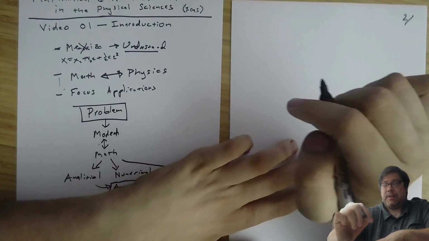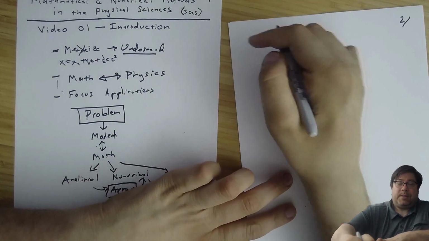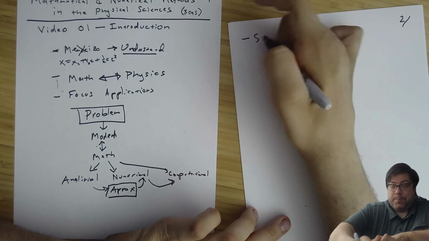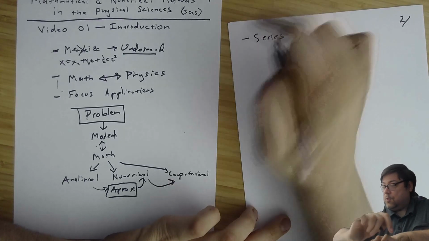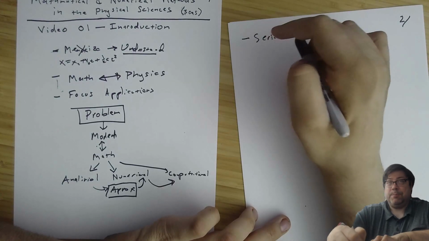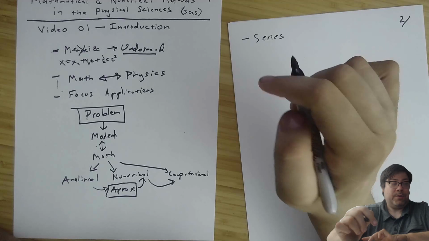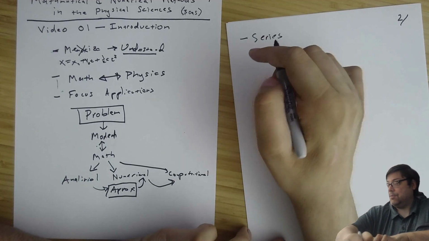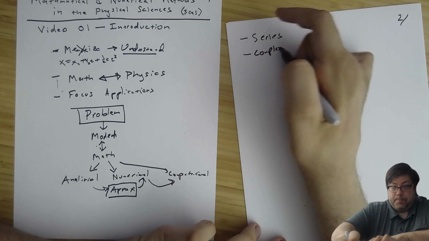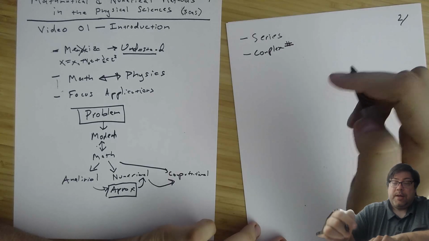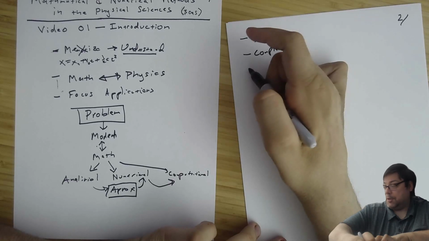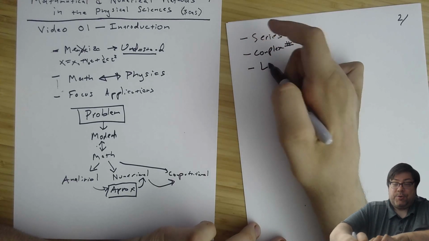So specifically what we'll do, I'll just write some of these down so you get an idea if this might be interesting for you. We'll look at series, right? So for example, Taylor series expansions. And remember, series are also the foundation of calculus, so these are important things. We'll look at complex numbers, right? So again, to try to understand these, not just be able to use them, but when they're applicable to use. We'll look at linear algebra,